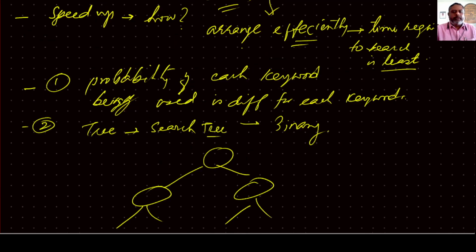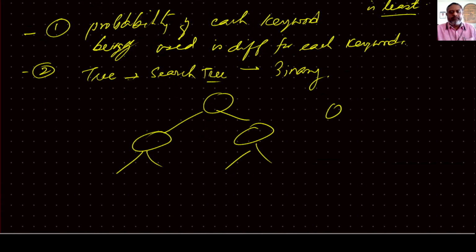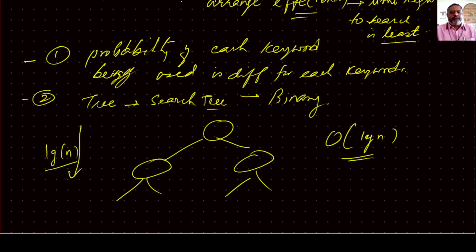Done. So, binary search tree. Something like log n we expect from this. Yeah, the depth of that is log n. Fine. But the issue here is